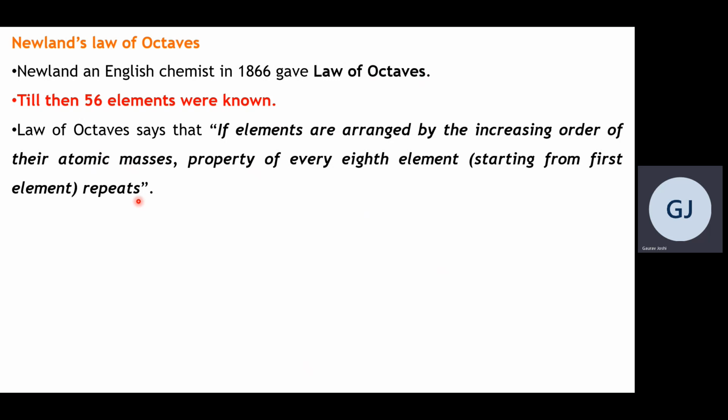So the atom having atomic number 1 will resemble the atom having atomic mass 8, right? Similarly, the atom of atomic mass 2 will resemble the atom of atomic mass 9, right? The 3 will show the same activity as 10, right? So there will be a difference of 8 atoms, so after every 8th element, the activity will repeat, right?